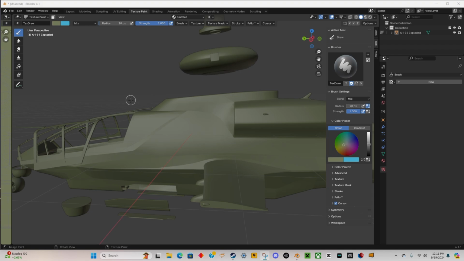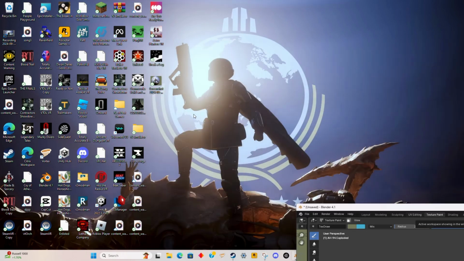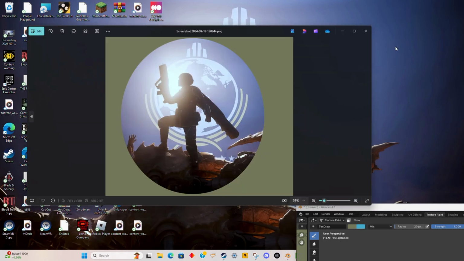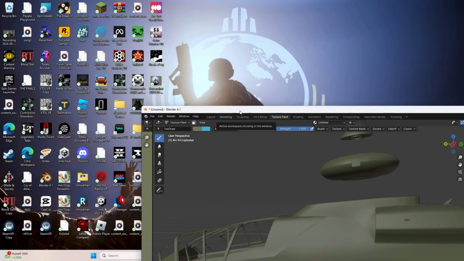Alright, so now I'm going to show you how to place images. And just a reminder, just because you can put anything on the airplane doesn't mean you should put anything on the airplane. But anyways, let's say I want to put my profile picture, the Helldivers. Well, it just so happens I have an image of my profile picture with the same background as the airplane. What are the odds of that? But, anyways,